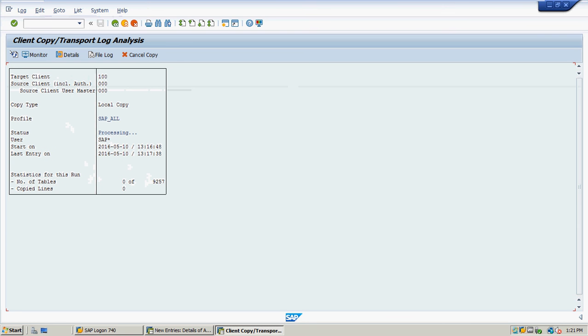It is less. Why? Because it is a NetWeaver system with fewer components. If you go for an ECC system, it will be more than 40,000 or 50,000 tables. So it will start increasing and it will get completed, and after completion, in place of processing you will see completed. If it is cancelled, it will show as cancelled.